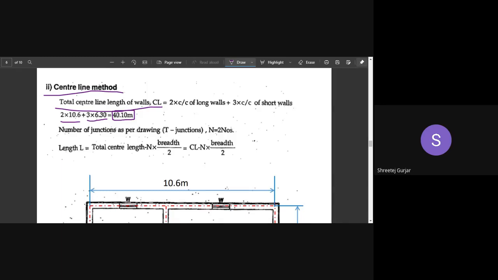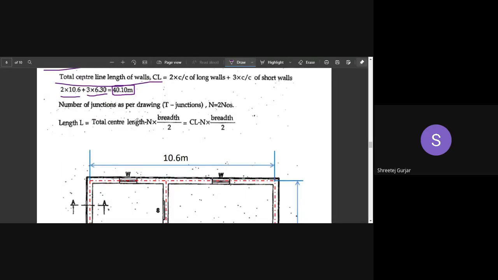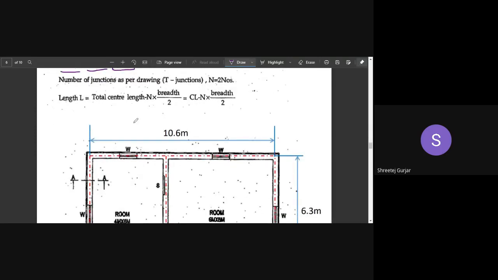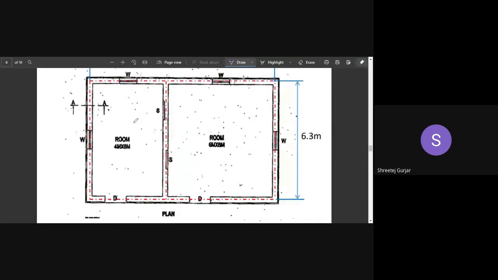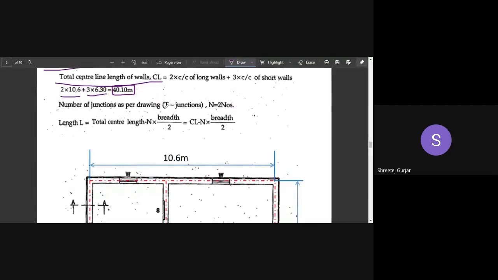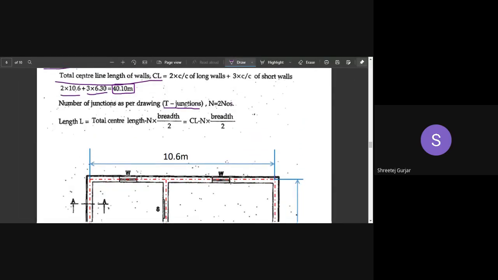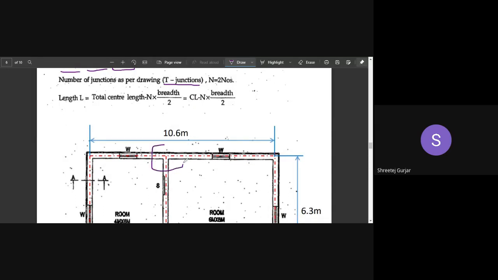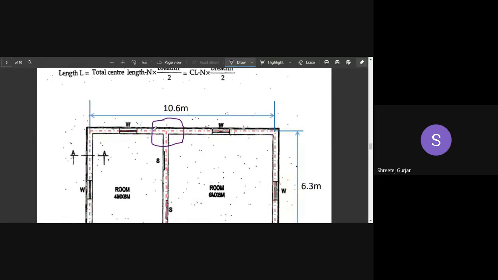So coming to your next part. In the previous problem that we had solved, that was a single room, there were no junctions. In this we have to watch for junctions, because this is a two-room building wherein we now have to calculate the number of junctions. By number of junctions I mean T junctions. You have to look for T junctions, that is junctions wherein it forms a T. You can see it is forming a T type of structure. So this is a junction.